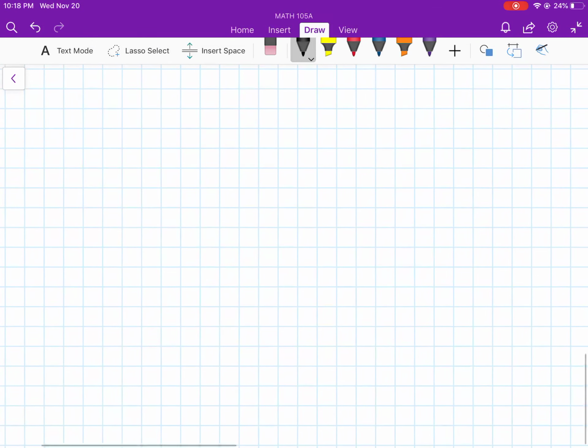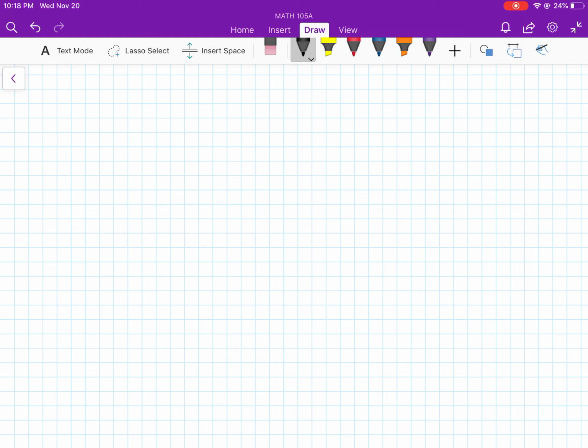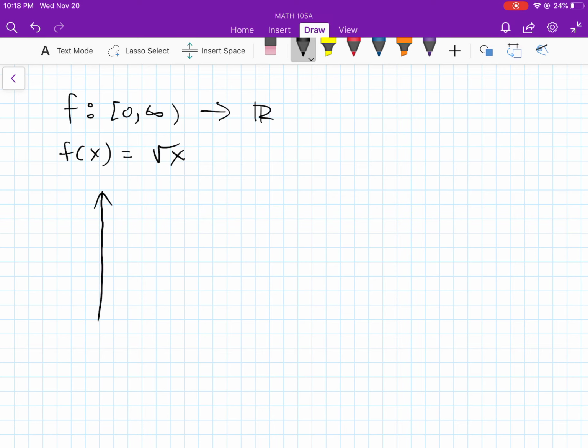So this is the example from class, which was f of x equals square root of x, and the domain is 0 to positive infinity. We're mapping onto the real numbers. So we want to show that this is uniformly continuous, meaning that for any x and y we pick,